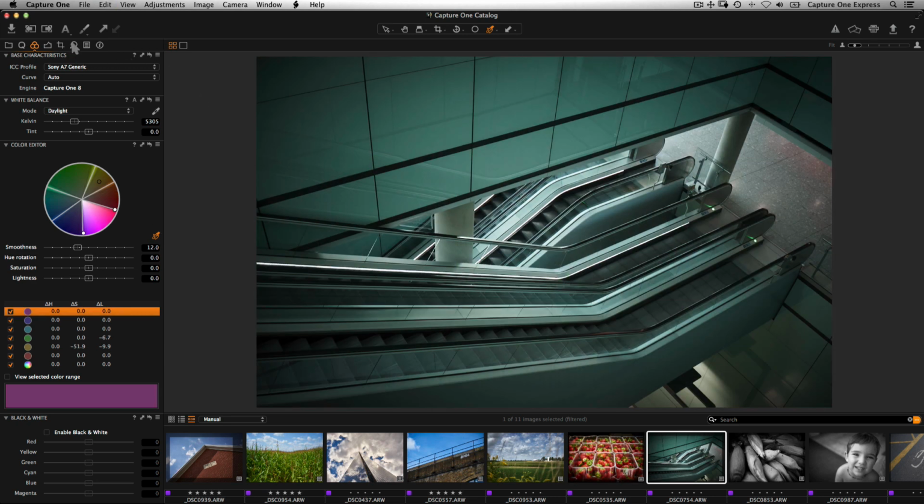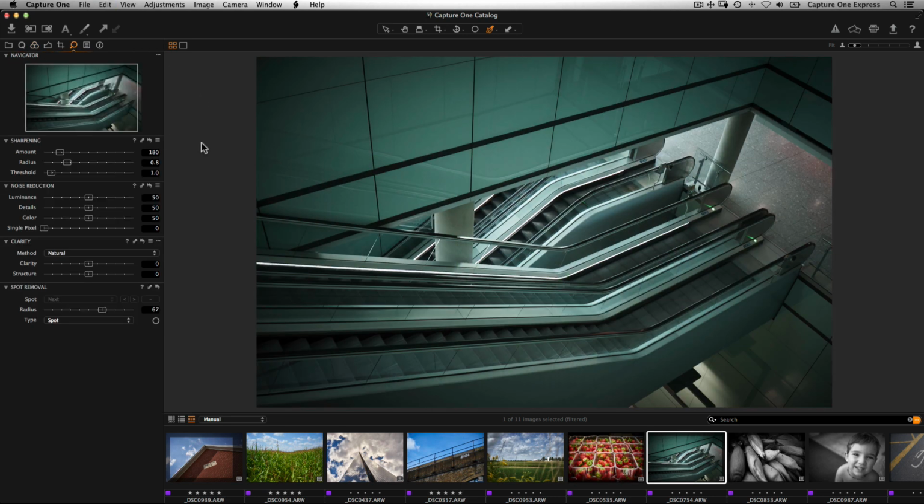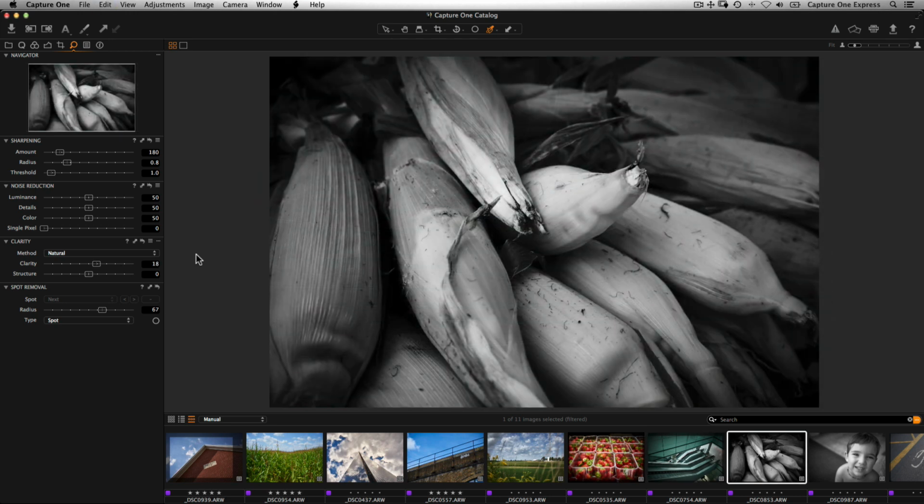The Details tool tab contains common tools such as noise reduction and sharpening, as well as the clarity and spot removal tools. Adding clarity to an image is a popular method of giving an image more punch and contrast. There are 4 clarity methods: natural, punch, neutral, and classic. Any selected clarity method will have an effect on the midtone micro contrast, creating an extremely pleasing effect. Natural is the default adjustment that creates a subtle change to the clarity and color without oversaturation. The other modes have a slightly different effect of clarity adjustment.